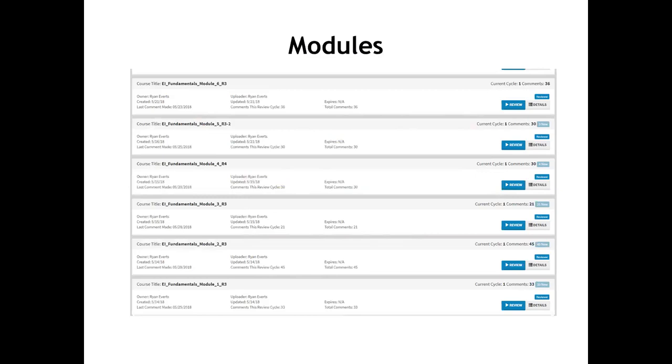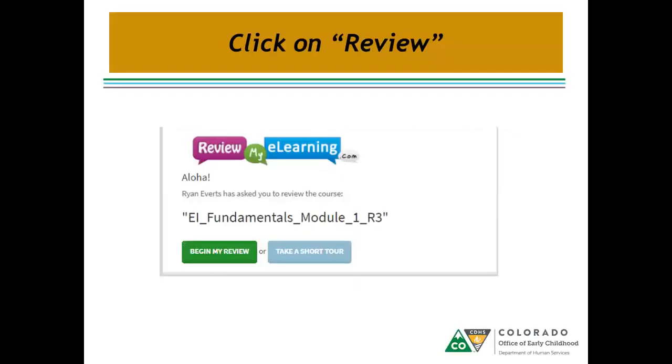Okay. Then from this point, you're going to click on, for instance, module 1, you'll click on the review over on the right-hand side when you're ready to start reviewing, and you'll come to the screen that looks like this. So this says